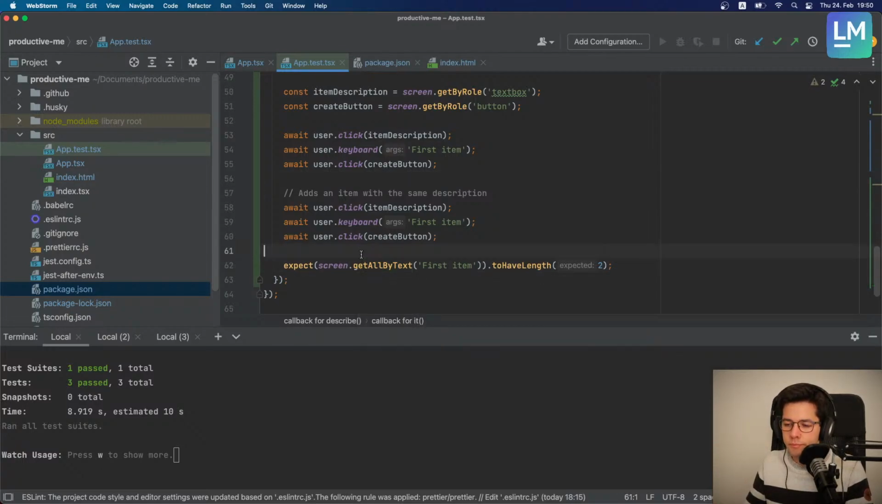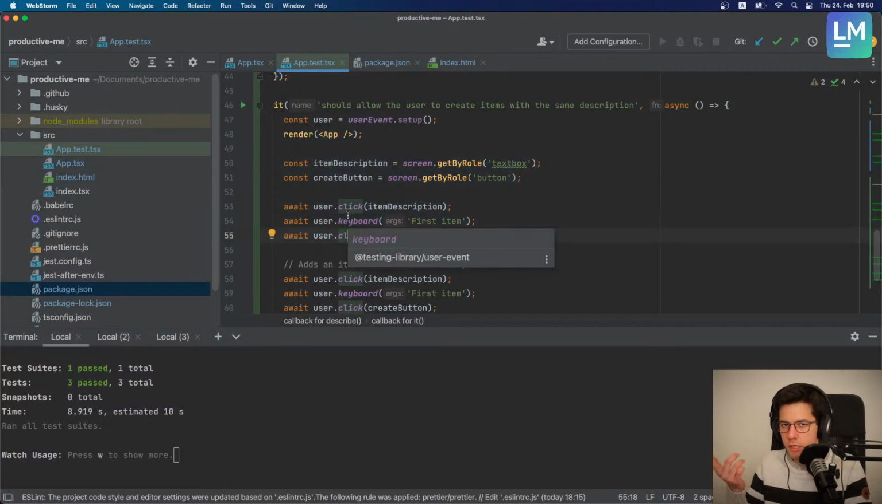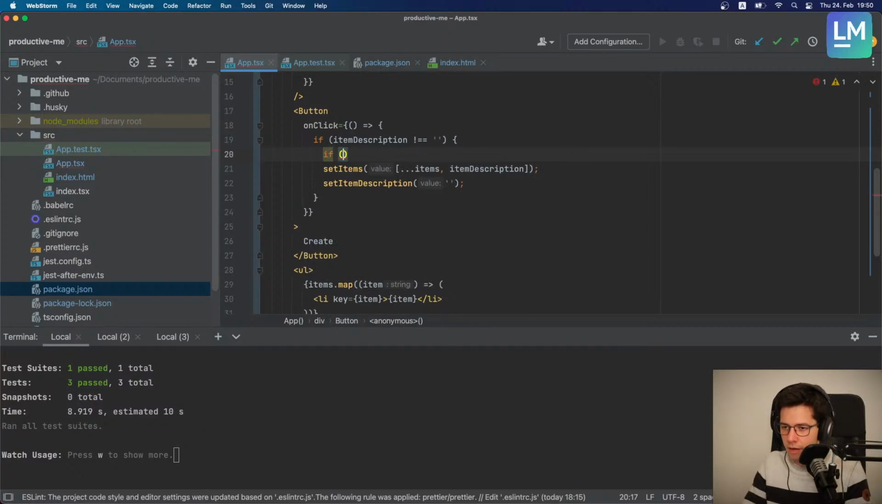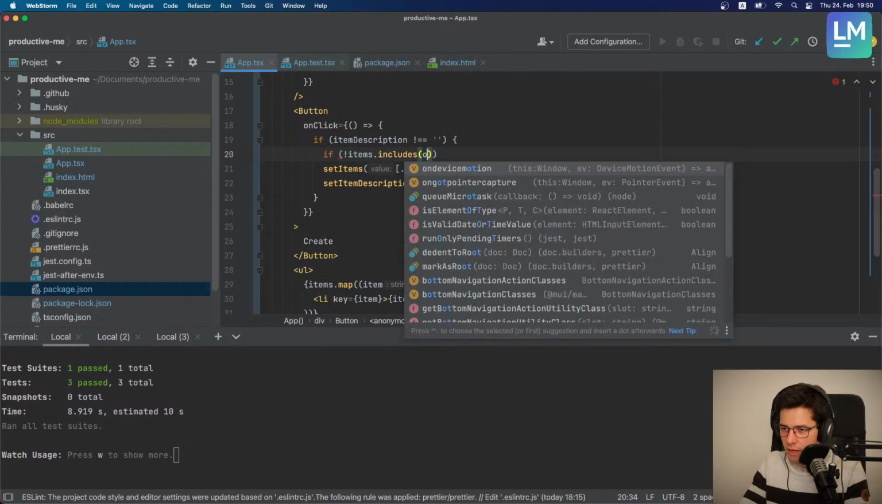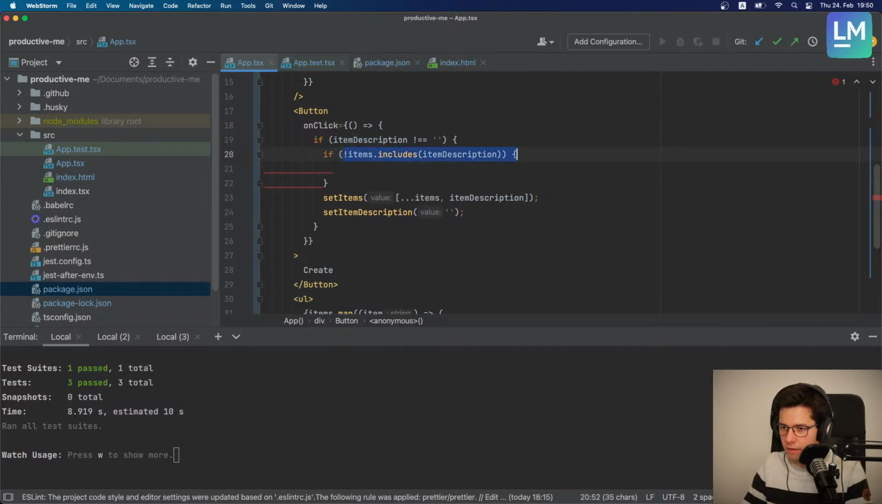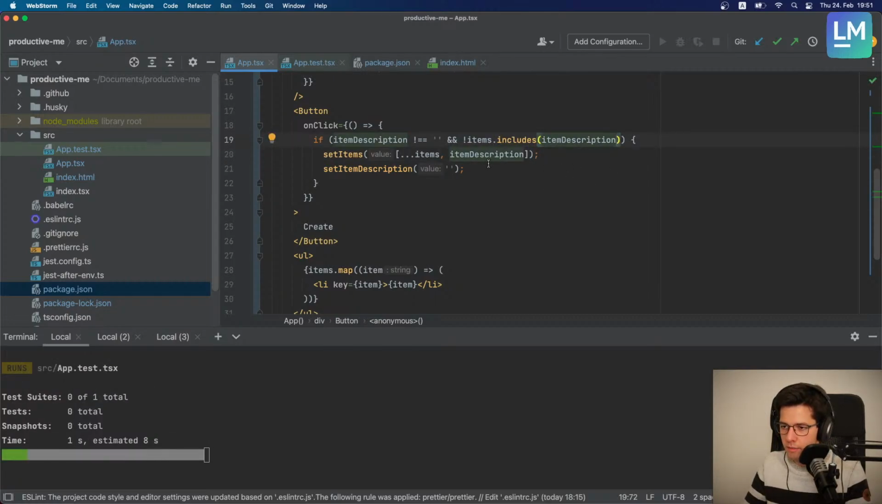So why not? The thing here is that I want to prevent my future self and future developers from coming here to app.tsx and doing something like this. If items.includes, if not items.includes item description, then I'm gonna do that. Or maybe I could even add it here, right? If the item description is different than null and items does not include the item description, then I'm gonna add it,